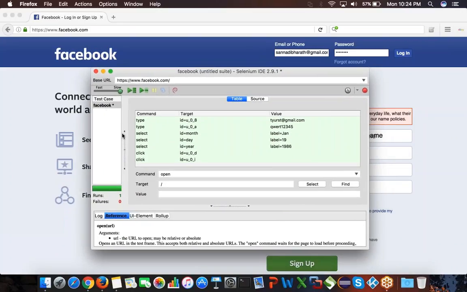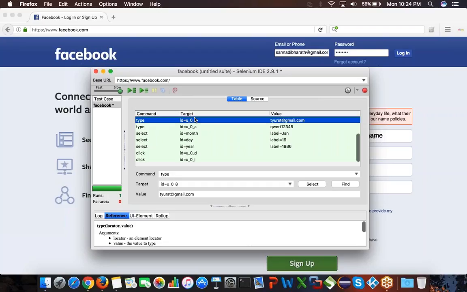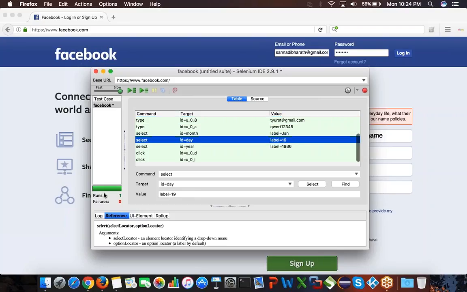So now this is how the Selenium IDE works. So because it ran all the steps successfully, it is saying runs here 1 and then failures 0, because it ran the script and then there is no failures, so that's why it's 0. So now if you want to run here, you can run here. If you want to pause the script, you can pause the script, so you can do anything. So this is the recording button, this is the play button, and then this is the pause button.